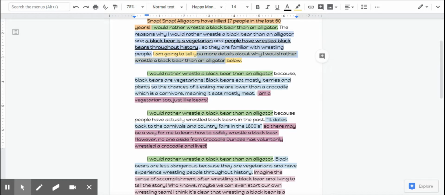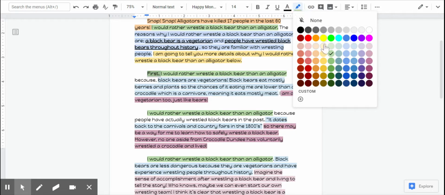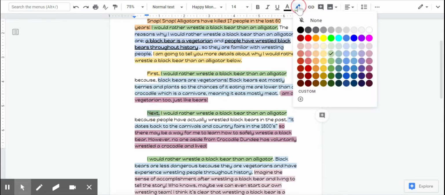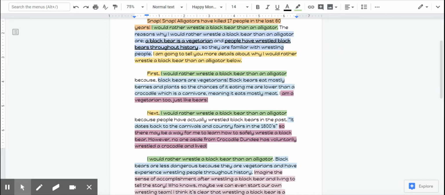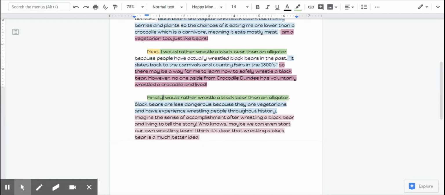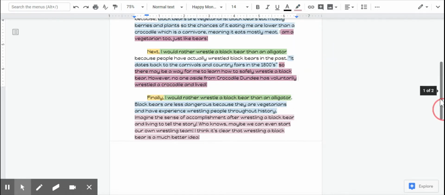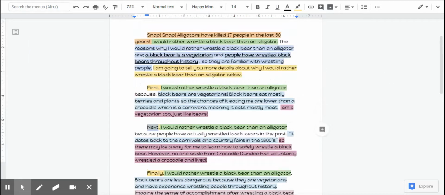You can also add in transition words. You could say things like first, next, finally. Those are transition words, right? So you're transitioning from sentence to sentence, from paragraph to paragraph, first, next, finally, or you could say my